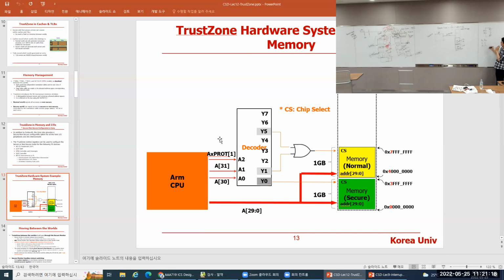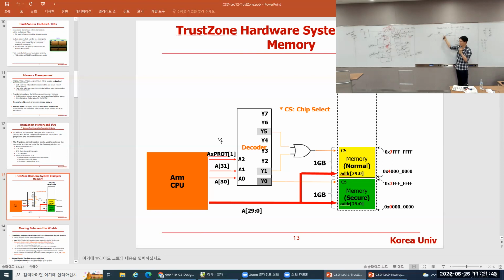0, 1, then Y1 is only 1. So 1, 0, Y2 is 1. 1, 1, Y3 is 1. A decoder. So by using the decoder, we can create a memory map. So for 1 gig each, 1 gig each. Then by looking at the